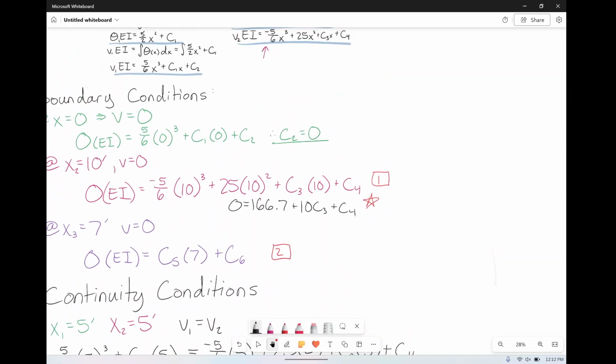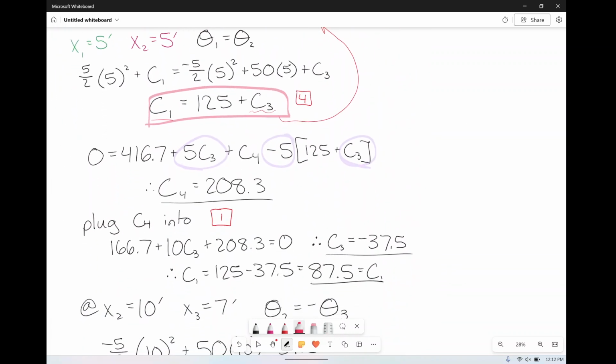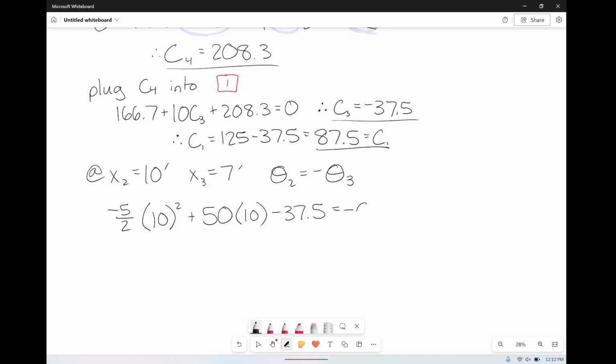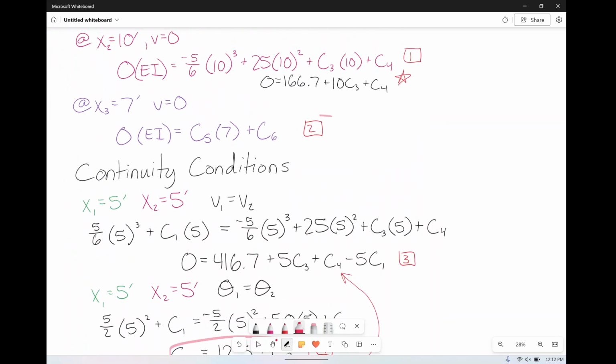Okay, cool. That is theta 1 and theta 3. We need negative theta 3. So negative slope 3 is just C5. Yeah, just C5. That's kind of cool. But remember, it's minus. So it is equal to minus C5. That's just a whole bunch of numbers. So congratulations. We're going to actually get that C5 is equal to minus 212.5. Nice. And again, we said way back up here, we actually do have an equation with C5 and